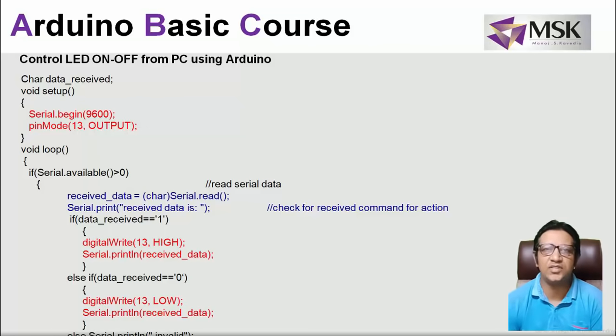Even instead of 1s and 0s, you can write A and B also. You can write on and off. But one thing, while writing on and off, instead of serial.read you will use serial.readString, because I have to read the string. But it's very easy to use characters at the initial stage. Now, if any other data is coming other than 0 and 1, I'll get "invalid data" as a message. If you want to modify the code, you can write A and B to turn on and turn off the LED.